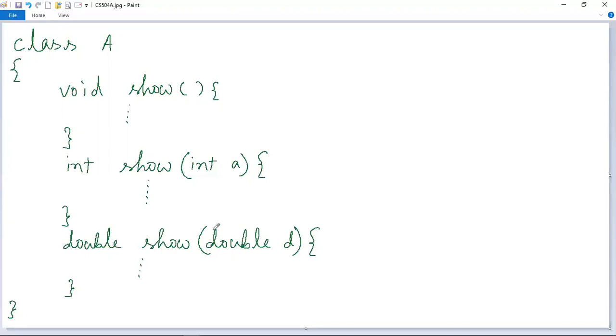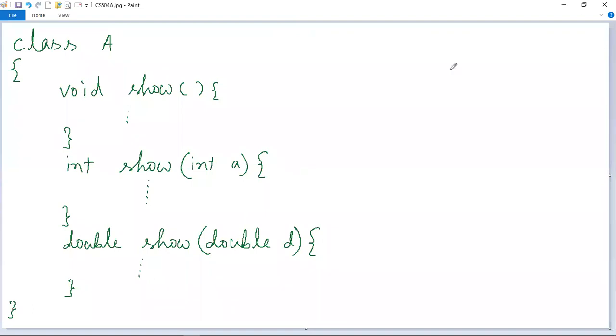This thing can be done in a Java program, and when this can be done, we say that this show method is overloaded, and this process of writing the same method multiple times with the same name by just differentiating the parameters and or the return types is known as method overloading.